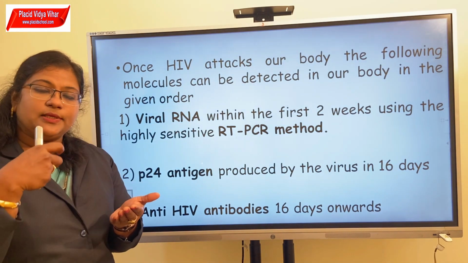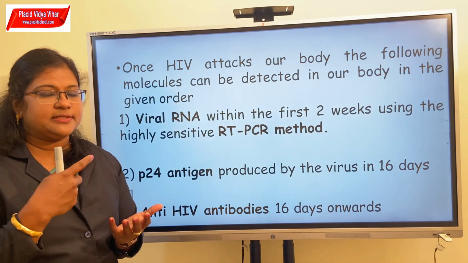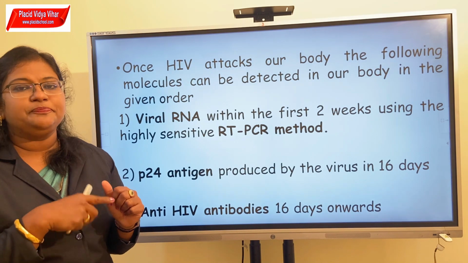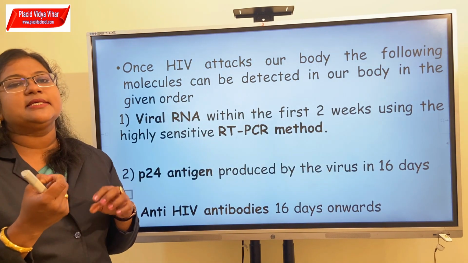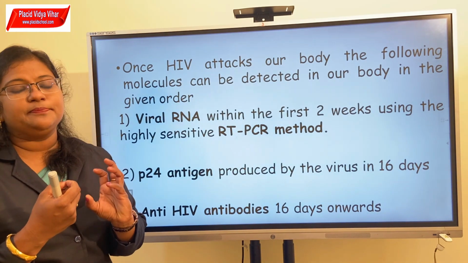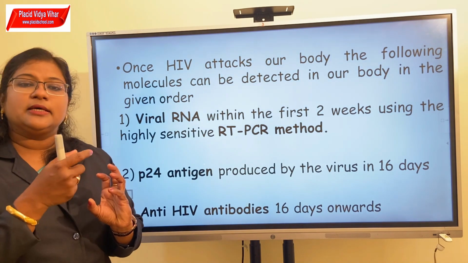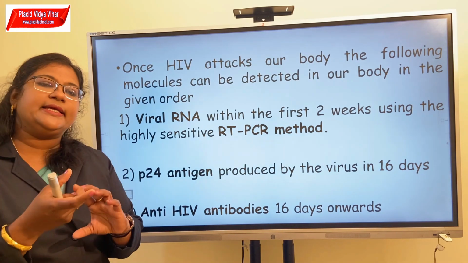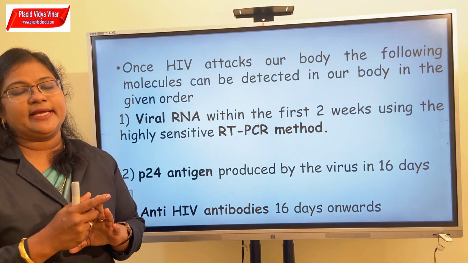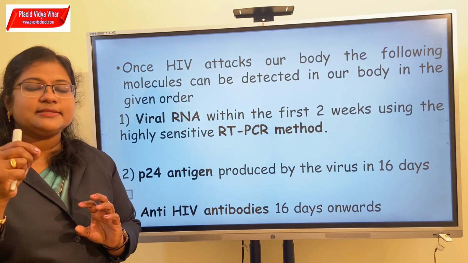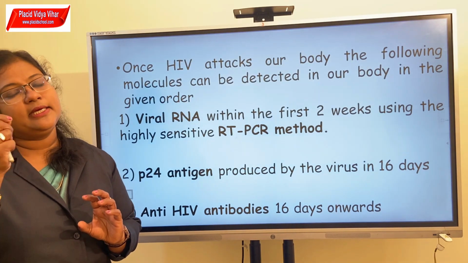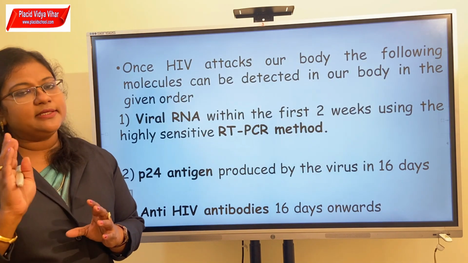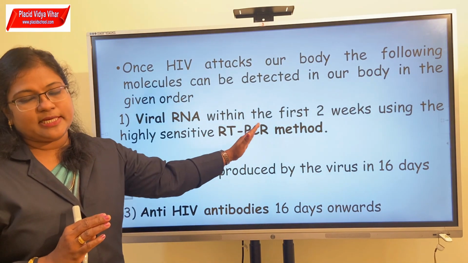What you do is you isolate the cells from the patient. That means you will be isolating the macrophages, T helper cells, monocytes, dendritic cells and all. You will isolate the DNA from these cells and amplify it by adding primers for the viral RNA sequence or viral DNA sequence. So we can detect whether that viral DNA is present in that isolated DNA. If it is present, it means that the cell is infected. If it is absent, it means the virus is not present. Thus, you can detect the infection by HIV at the early stage. But as such, we don't have to study this now.